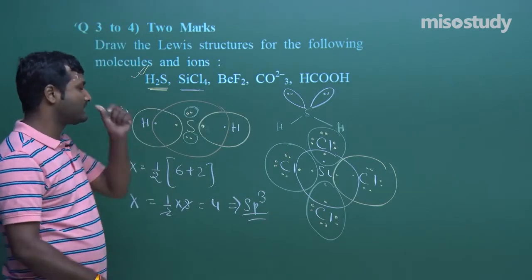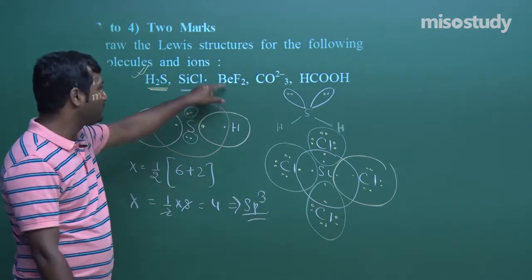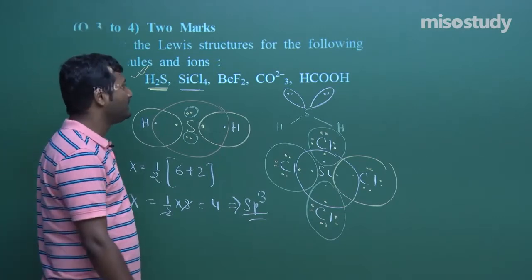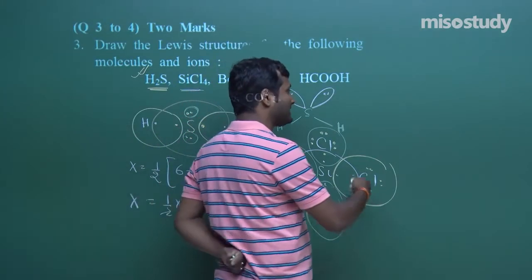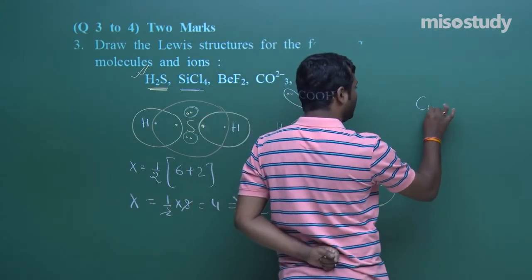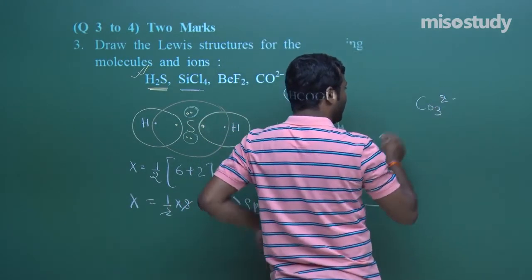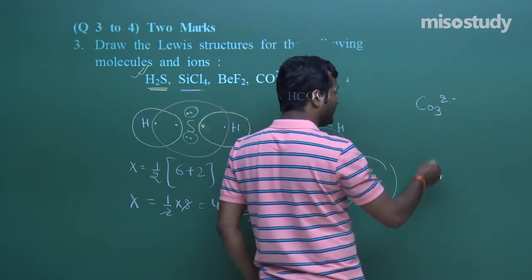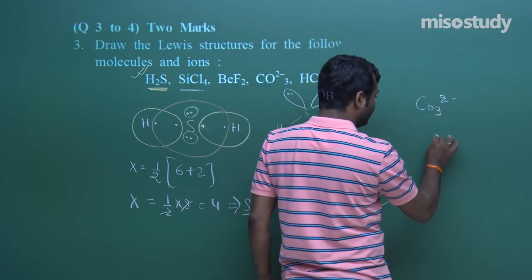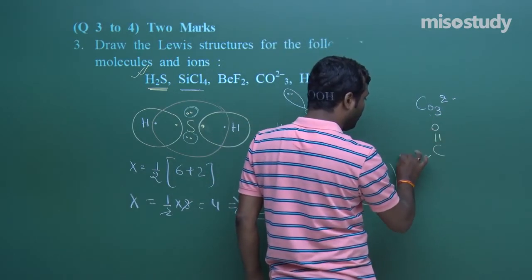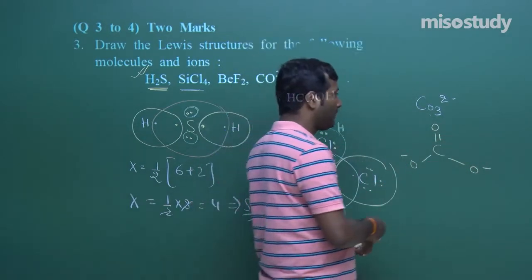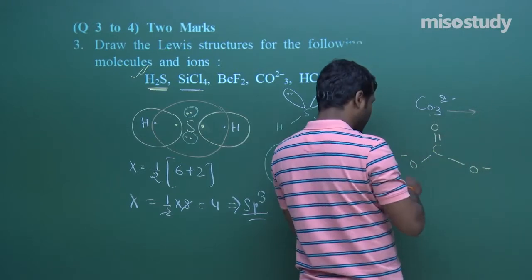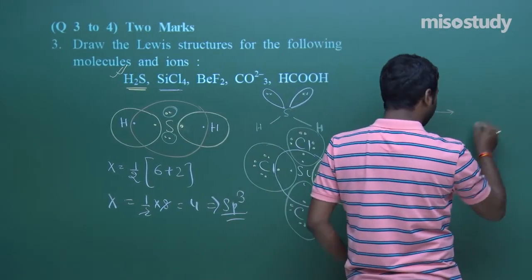Similarly you can draw the structure of BF3. BF3 is an electron deficient compound. Similarly you can draw the structure of CO3 2 minus. As I discussed, in CO3 2 minus, my friend, remember it will have resonating structures because this is the structure, O minus, and the double bond may be anywhere. So further the complete structure will be like this, my friend,